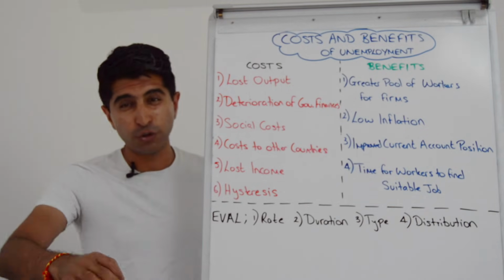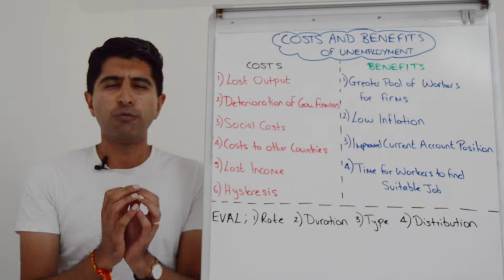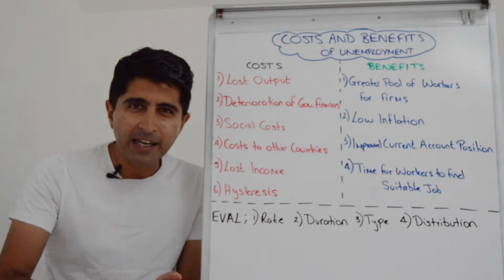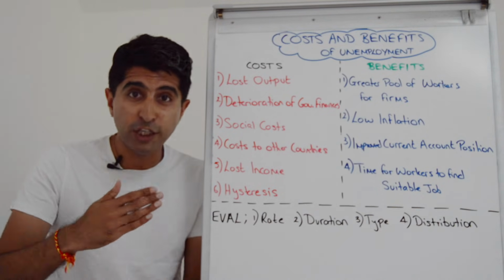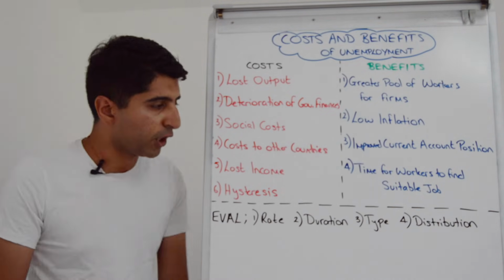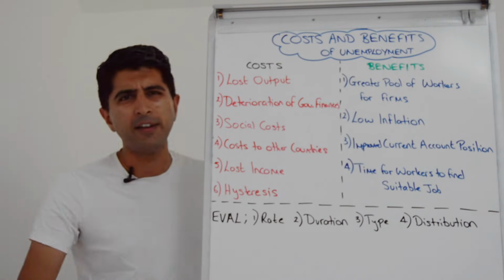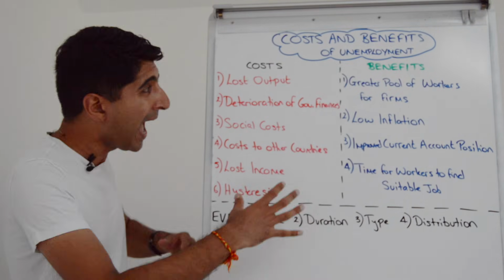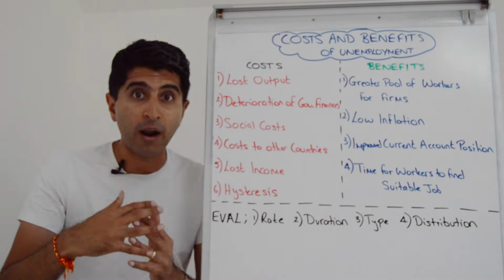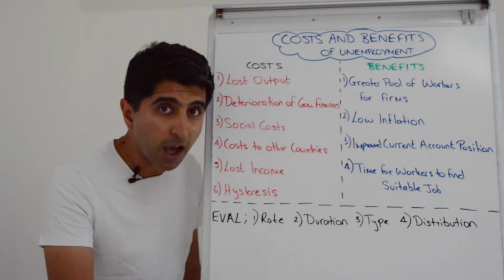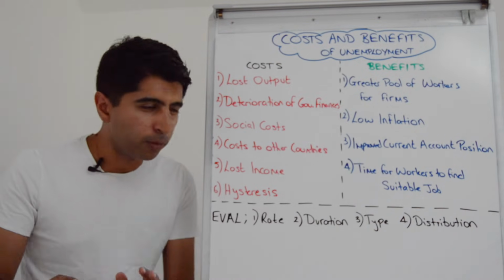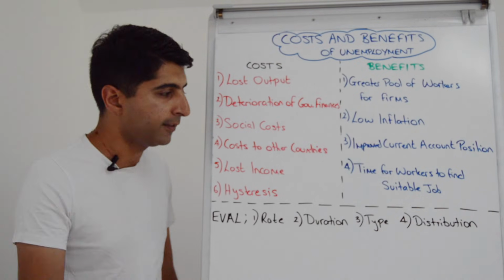The duration is crucial. Oh my goodness, long-term unemployment, defined as when people are unemployed for a year or more, is deadly for an economy because the risk of hysteresis increases significantly and then all the other costs of unemployment can rise at the same time. So long-term unemployment is horrible, whereas shorter bouts of unemployment are not as concerning.